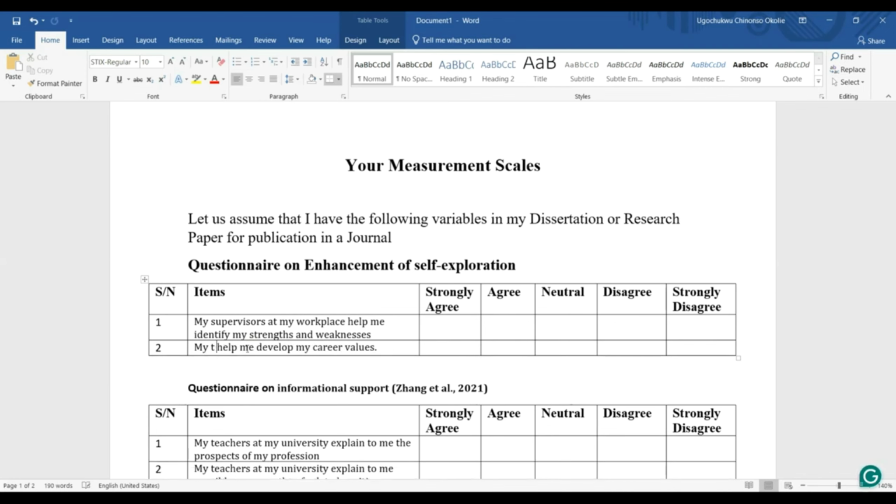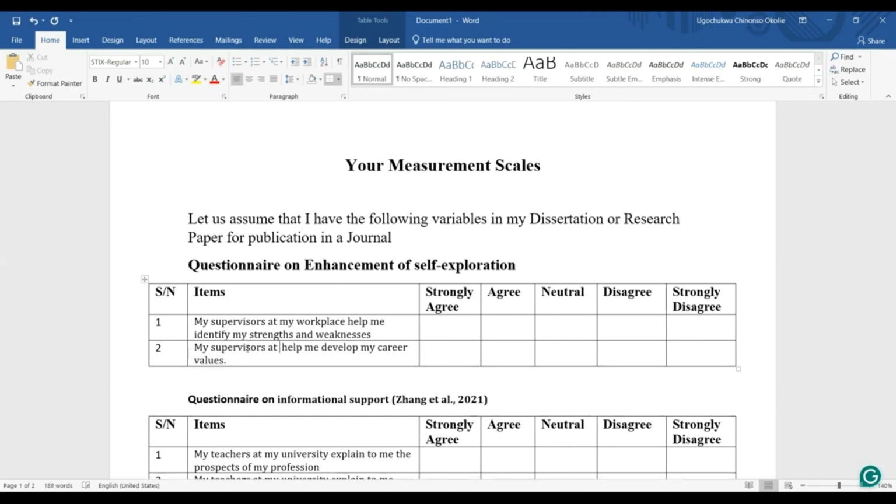Let's say my supervisors at my workplace help me develop my career values. So in this case, it is no longer adopting, rather I just adapted. So I have made modifications. Okay, but when the modification becomes too much, when you over modify the measurement scale, which you must report in